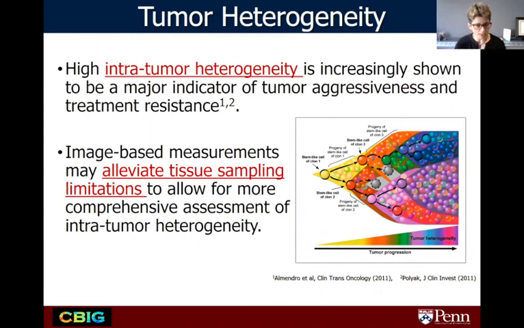Why do we also need imaging? You know, we have genomics, we have pathology, which should be good. But it turns out that information alone is still not sufficient to help us best select patients for therapies and predict their outcomes. And one of the reasons why those tools are insufficient so far